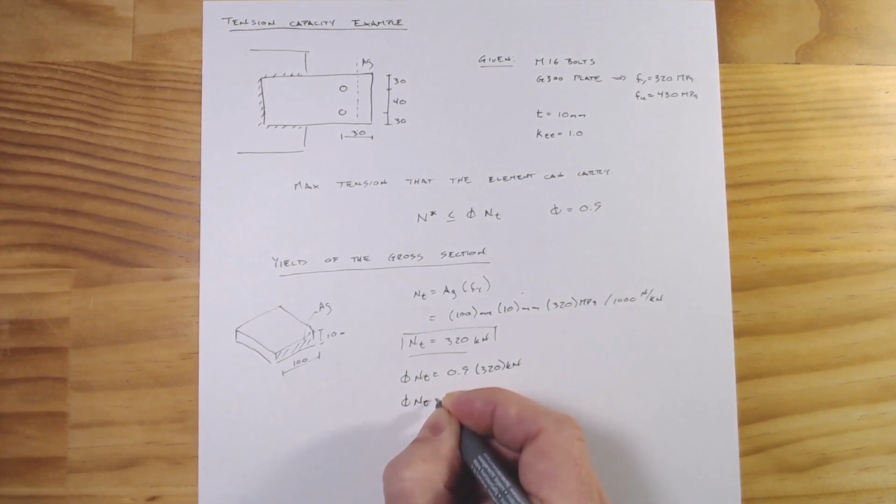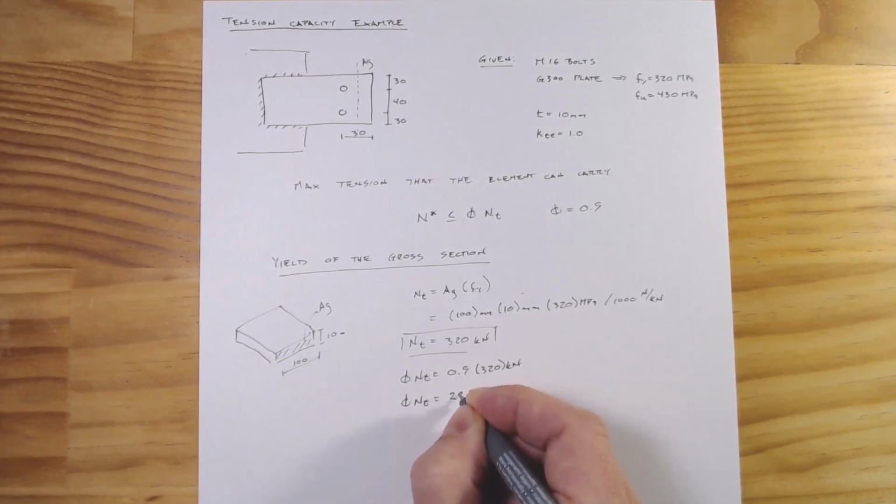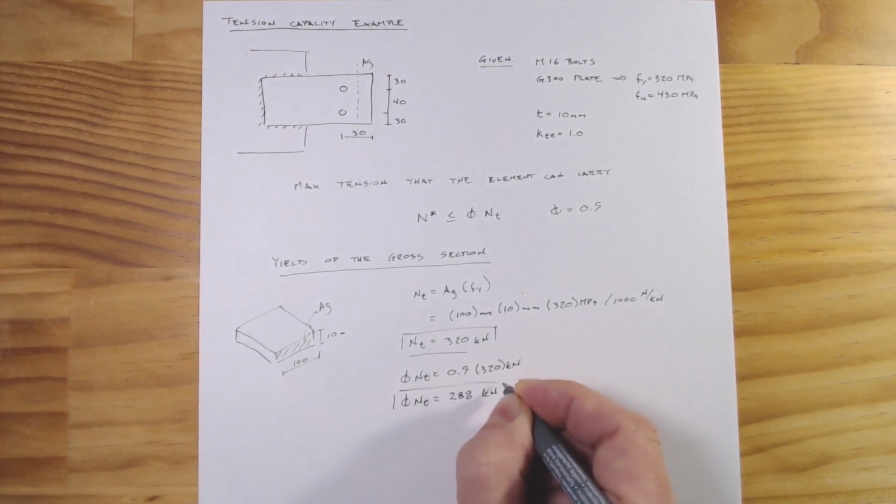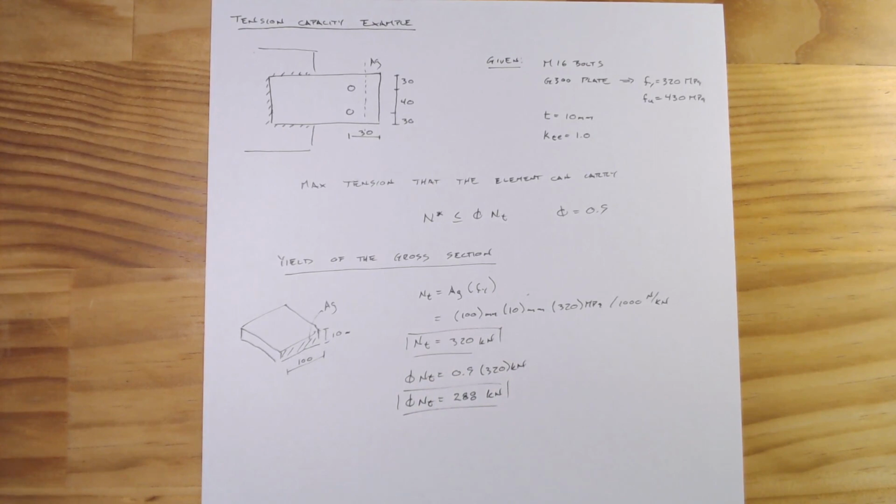Phi Ns of t equals 288 kilonewtons. All right, so that's our first design case which might govern,